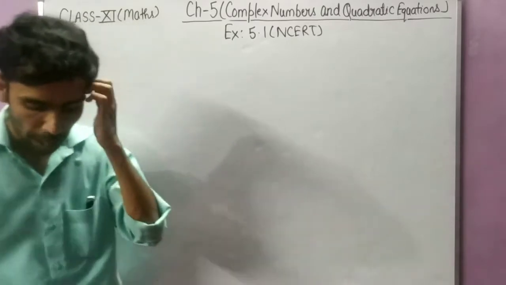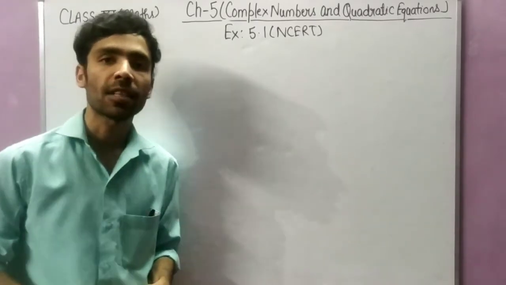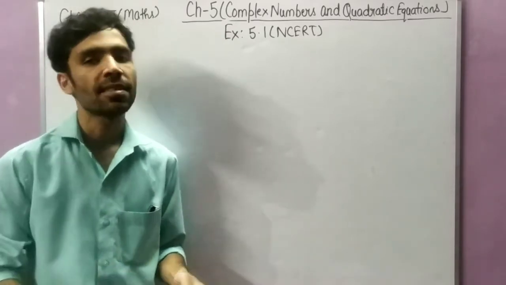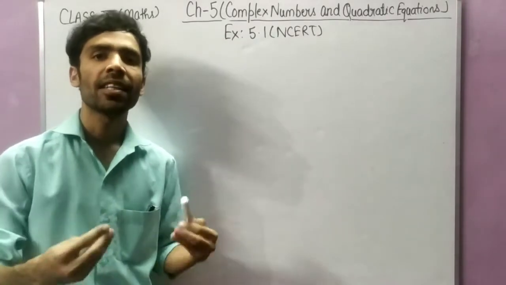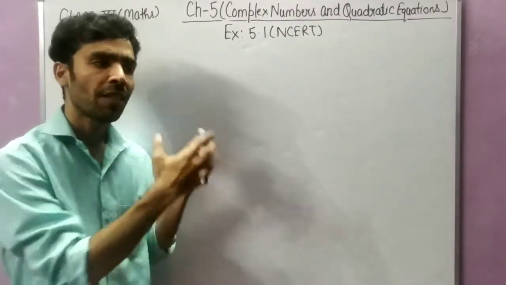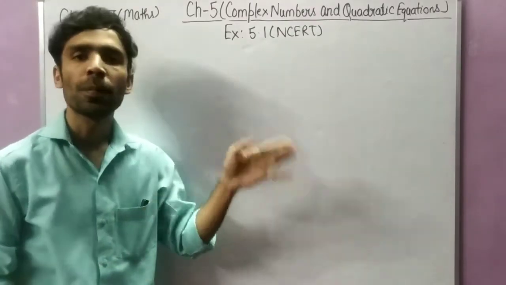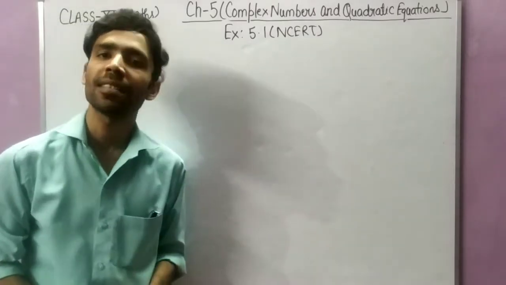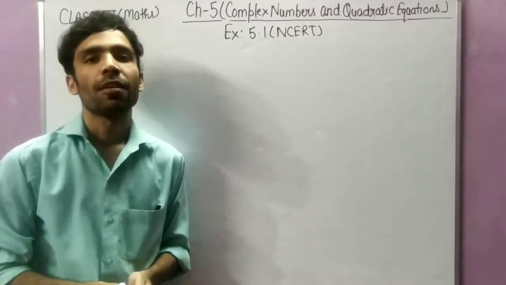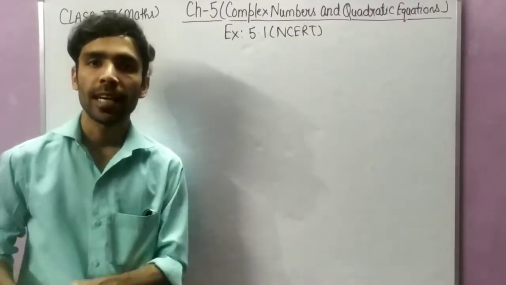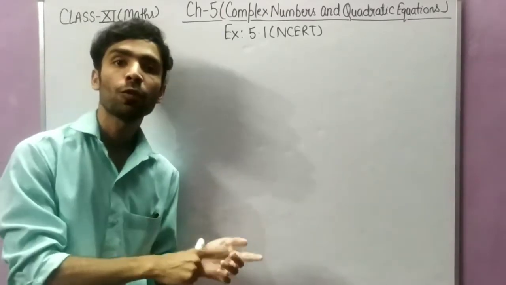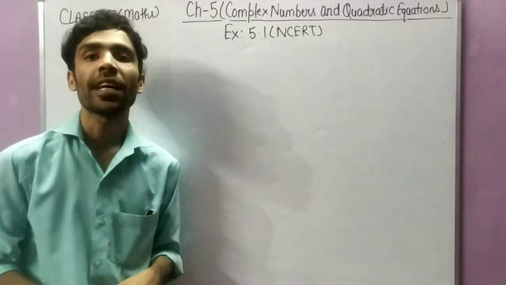Up to question number 3, students, I have discussed, and I have seen that questions number 4, 5, 6 and 7 are all very easy, and are simply based on the concept of the modulus. Whatever number comes, you have to represent it in the form of a plus ib. In this exercise, from question number 1 to question number 10, you have to represent all the answers in the form of a plus ib.